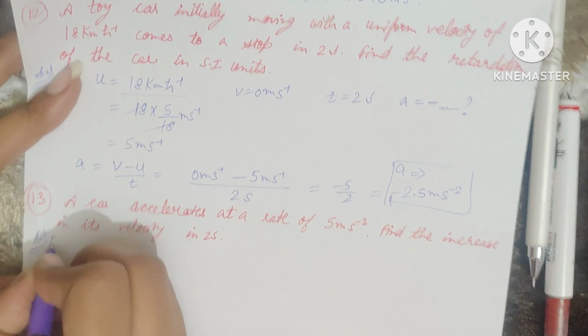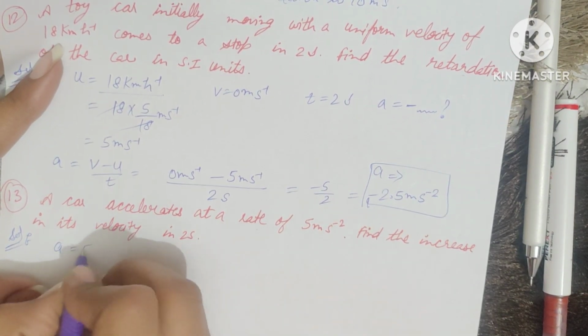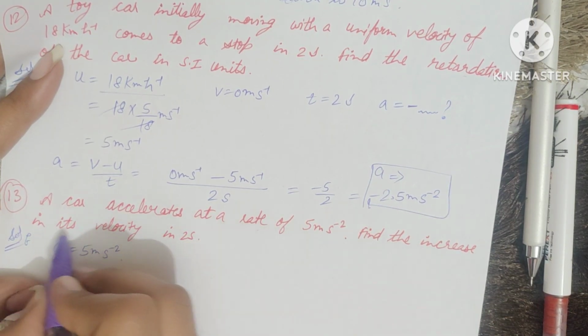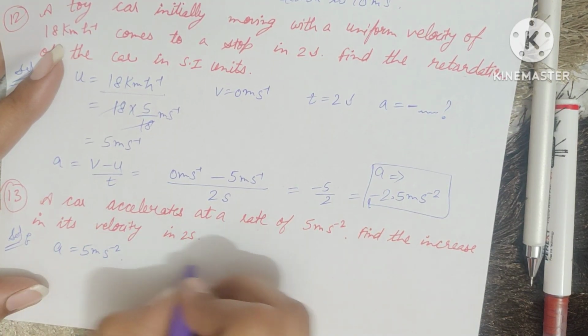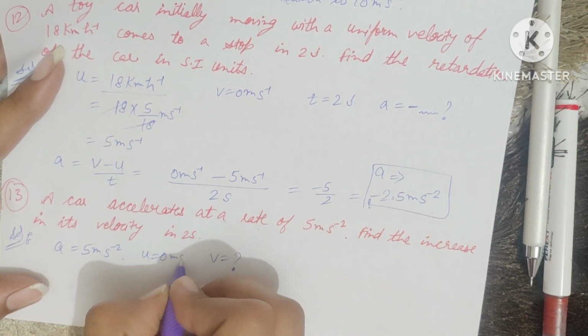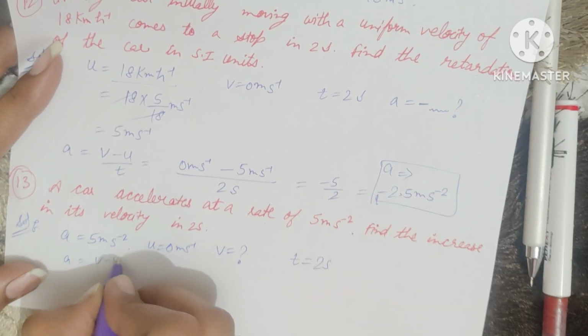What is the question? A car accelerates at the rate of 5 meter per second square. Acceleration in this case is given to us. Find the increase in its velocity in 2 seconds. The final velocity we need to find, initial velocity is 0 and t is 2 seconds. So a is equal to (v minus u) by t,